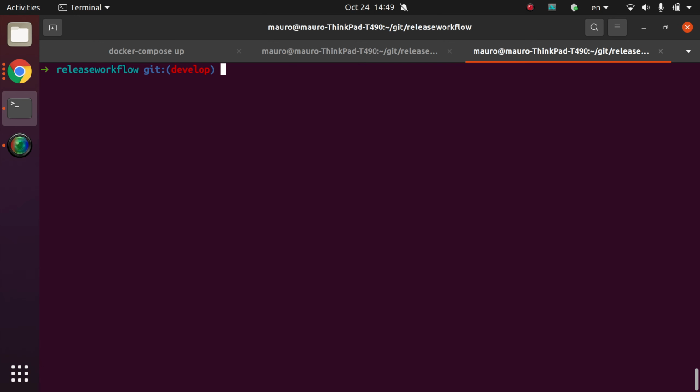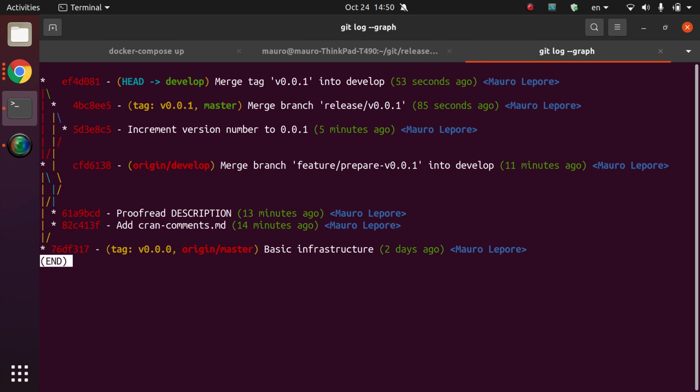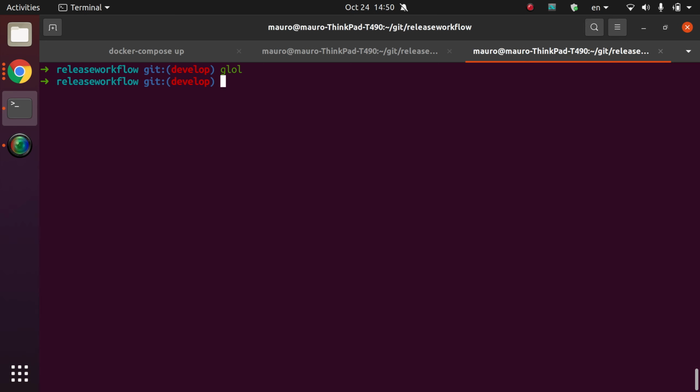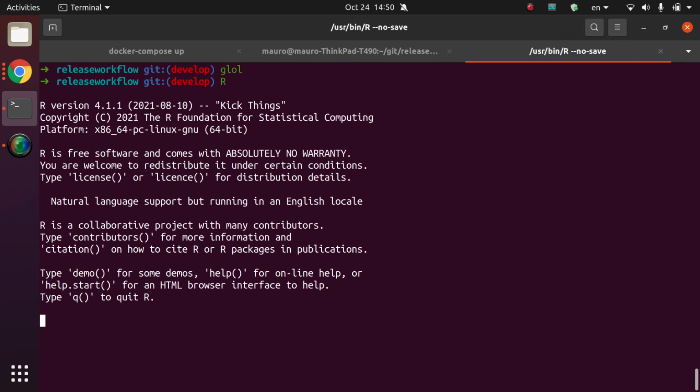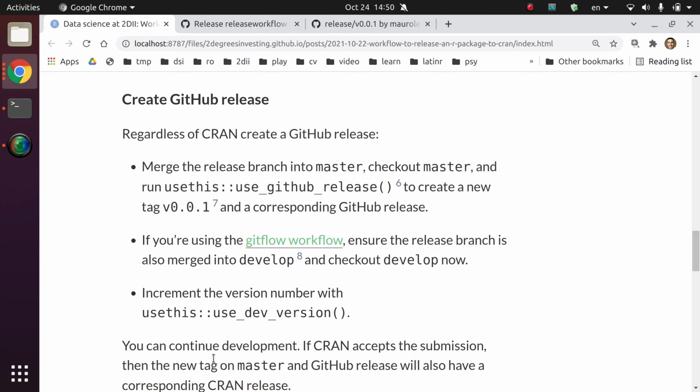So here is where, again, I say you need to have permission to push commits to your origin master and origin develop, because we have effectively done the release, but the release is for now just local. So you need to be able to push that to your remote. But before we do that, let's run R, and let's go back to the post. So the next step is, we already merged the release branch into master, check out master, and run